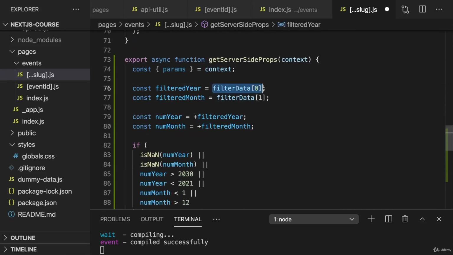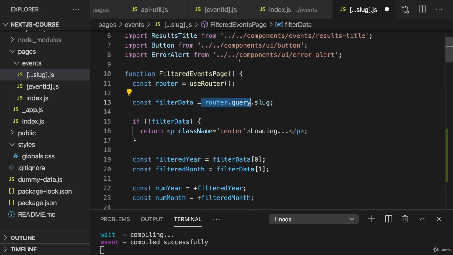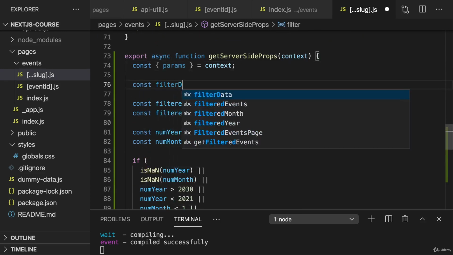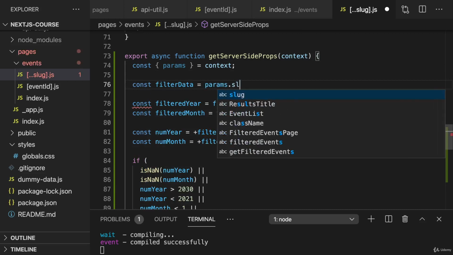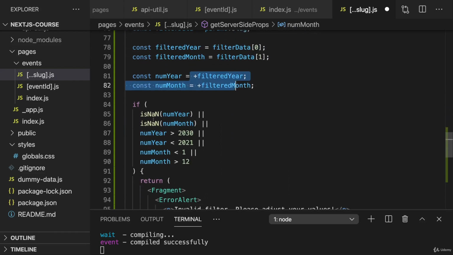Now here, we're accessing filtered data. That should actually be our params. Because up there, filtered data is also just what we read from the router query, which are also our params when accessed through useRouter. So therefore here, I'll rebuild filter data and access params.slug. So we still access .slug because that is our catch-all grouping parameter name, if you want to call it like that. And that will still be an array with multiple values, and we are interested in the first two values, which should be the year and the month,